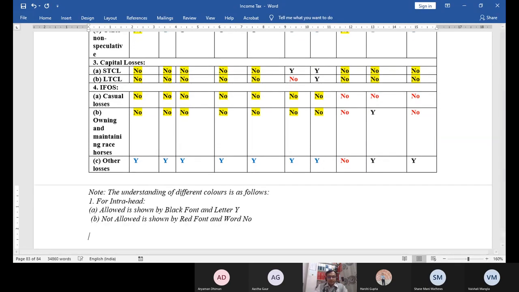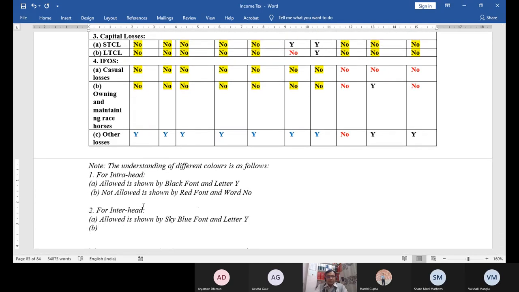Similarly, for interhead, allowed is shown by what? Blue font, sky blue you can say, and letter Y. And not allowed is shown by